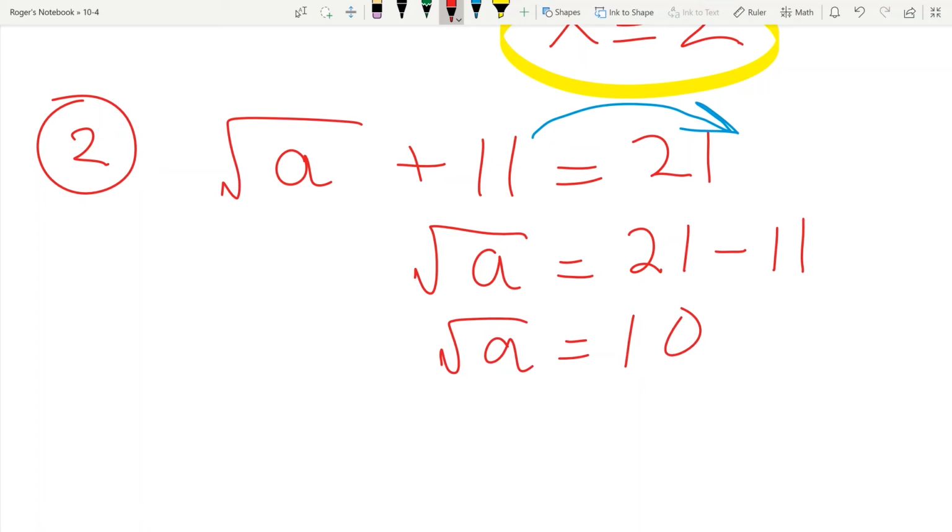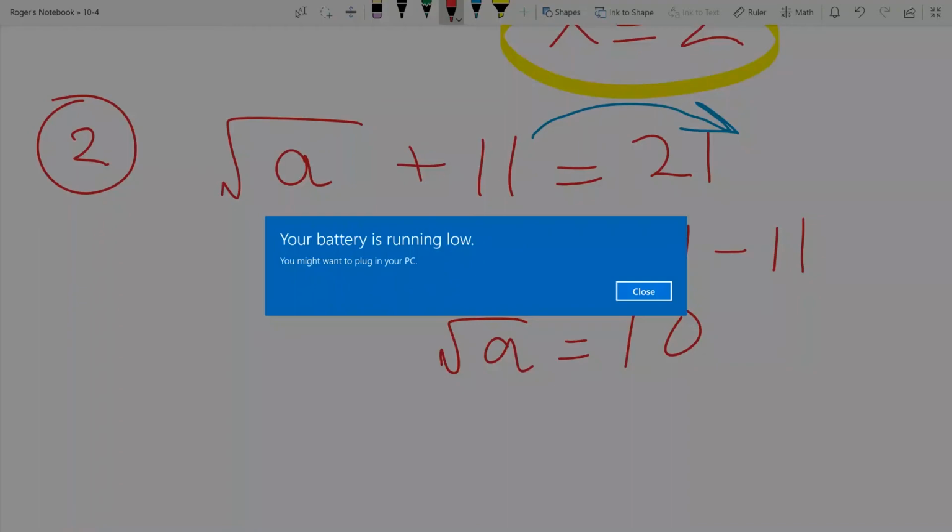Okay. So if the square root of a is equal to 10, then how do we solve this? We have to get rid of the radical. How do we eliminate the radical? We square it. Okay, square root of something squared is the radicand. So we